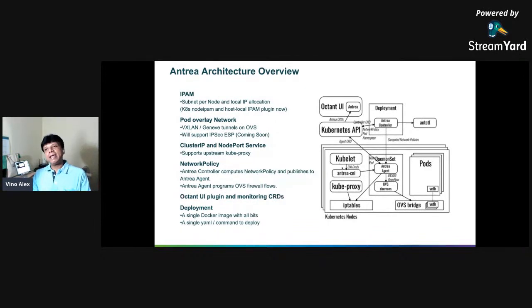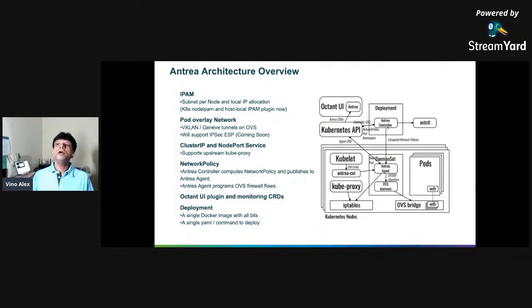In Antrea, there are two ways you can deploy. Suppose you are deploying only Antrea agents, you are pretty much good to go. Your IP allocation, the pod networking, all the things will work. The Antrea controller only comes into the picture when you want to apply network policies. The Antrea agent is pretty much capable of doing all sorts of IP management. The Antrea controller only comes into the picture when you are applying network policies.